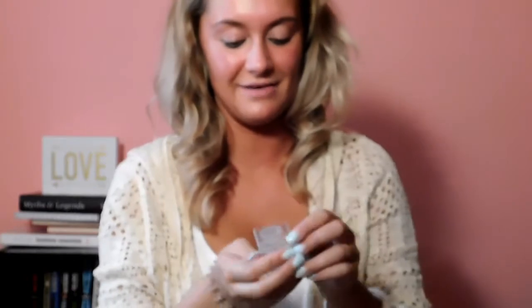So then, I also have, you might see these on my wrist a lot. This is actually my hair tie. These are the Invisibobble Original. These are little hair ties. These are clear ones. They look like a little phone cord, but they're absolutely amazing because they don't leave a bump in your hair,